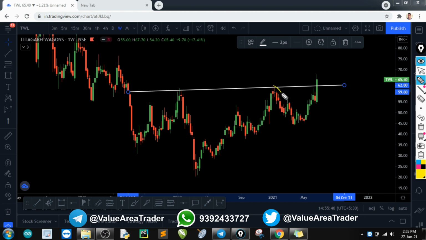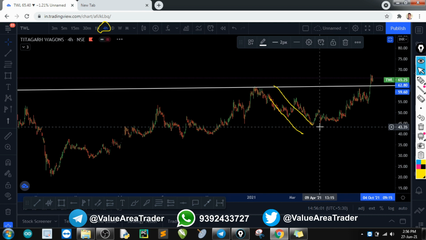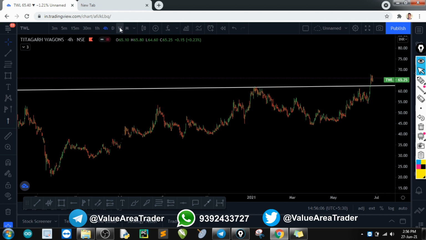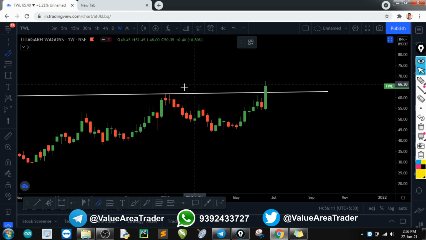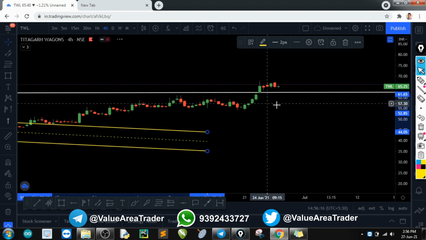So what we can definitely do is create channels like this on the retracement from the neckline whenever the right shoulder is making, and then you can switch down to a lower time frame like 4 hour. Okay, I'll go to 4 hour and then I'll switch. Sorry, I shouldn't have done that. Okay, I'll go back to weekly, and then I'll create a channel here and then go to 4 hour.